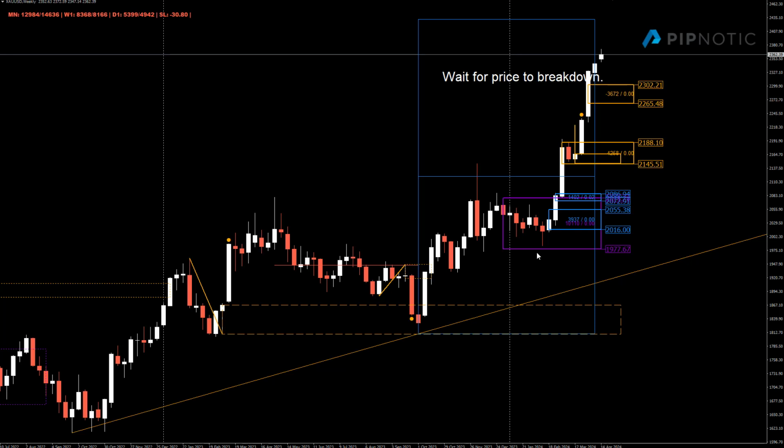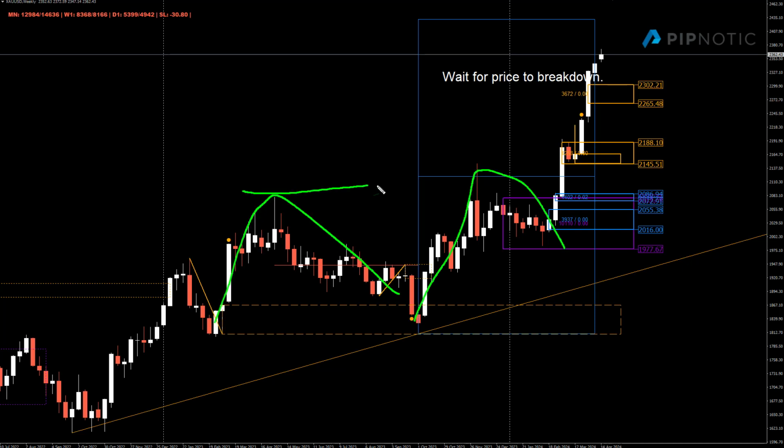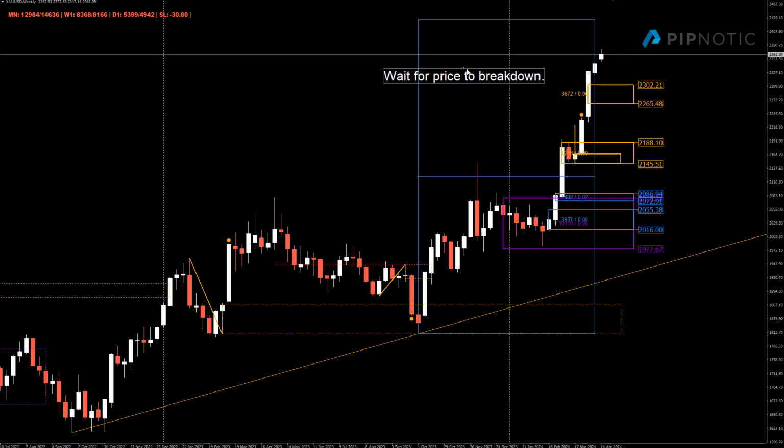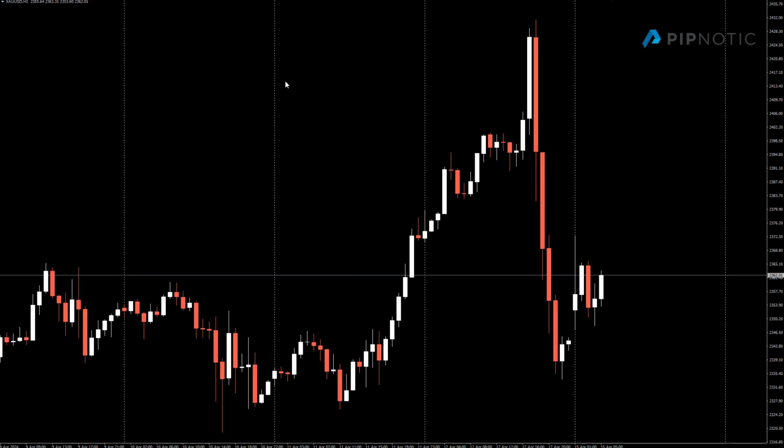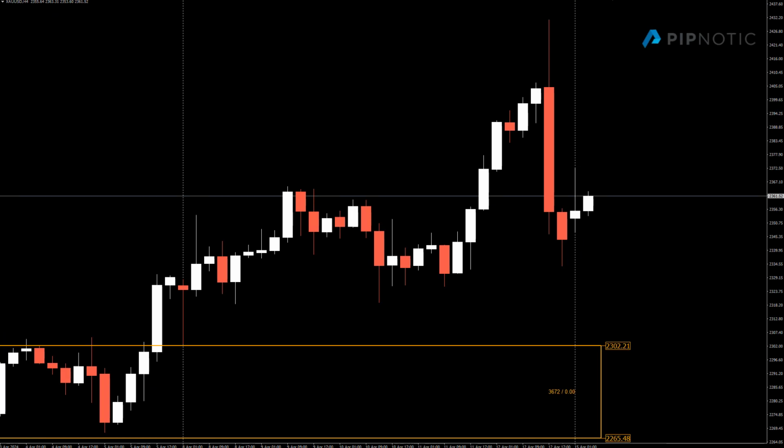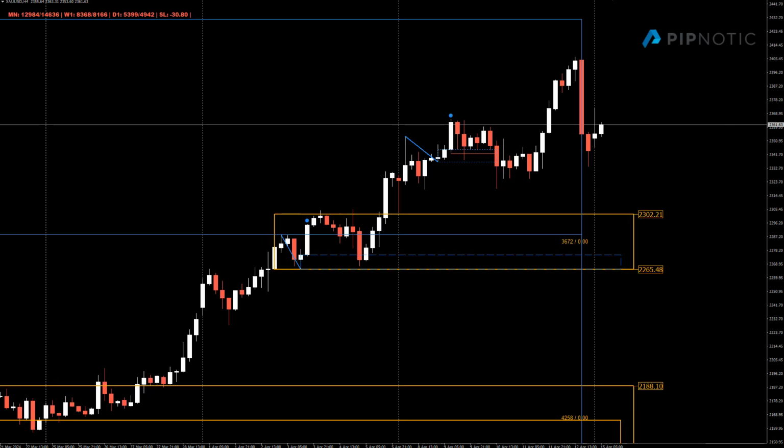We do have the monthly demand zone just down here, and this is also where prices turned a couple of times. So that's not a very straight line. They're kind of coming from around here, so that brings our attention to this area here. This is very far in the future, but I'm thinking that prices are going to continue to move higher, but maybe after a little pullback. And you can see that there's a lot of selling up here. This is likely profit taking. Let's have a look at the futures market and see if we can make sense of that.